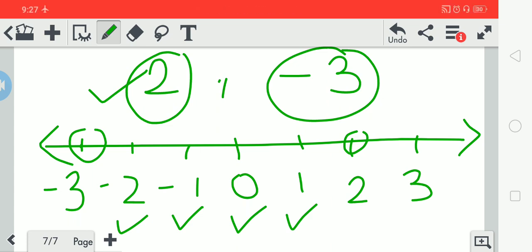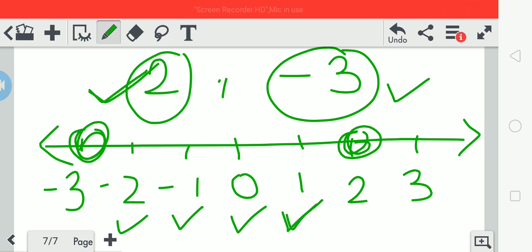Again we will repeat the same example. I have to solve how many numbers will come in between 2 and -3, right. So we will see the procedure again. We have drawn one number line, and it includes +2 and also -3. In this way you have to draw the number line. Now in between 2 and -3, how many numbers are there? 1 is there, 0 is there, -1 is there and -2 is there. So there are a total of 4 numbers, right.